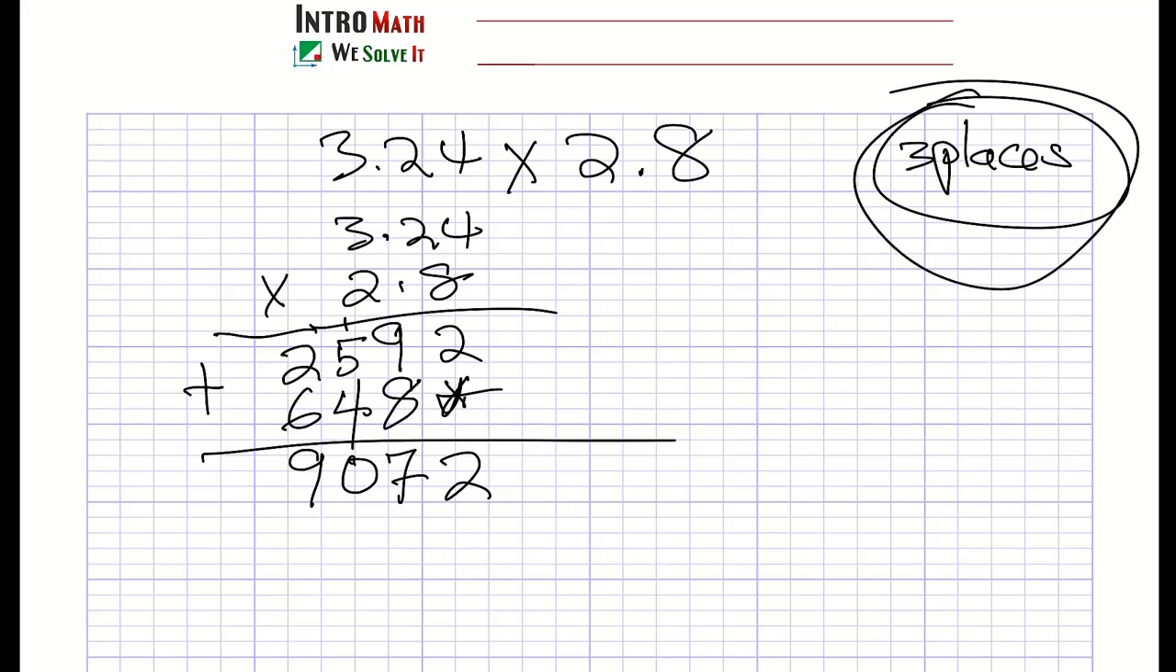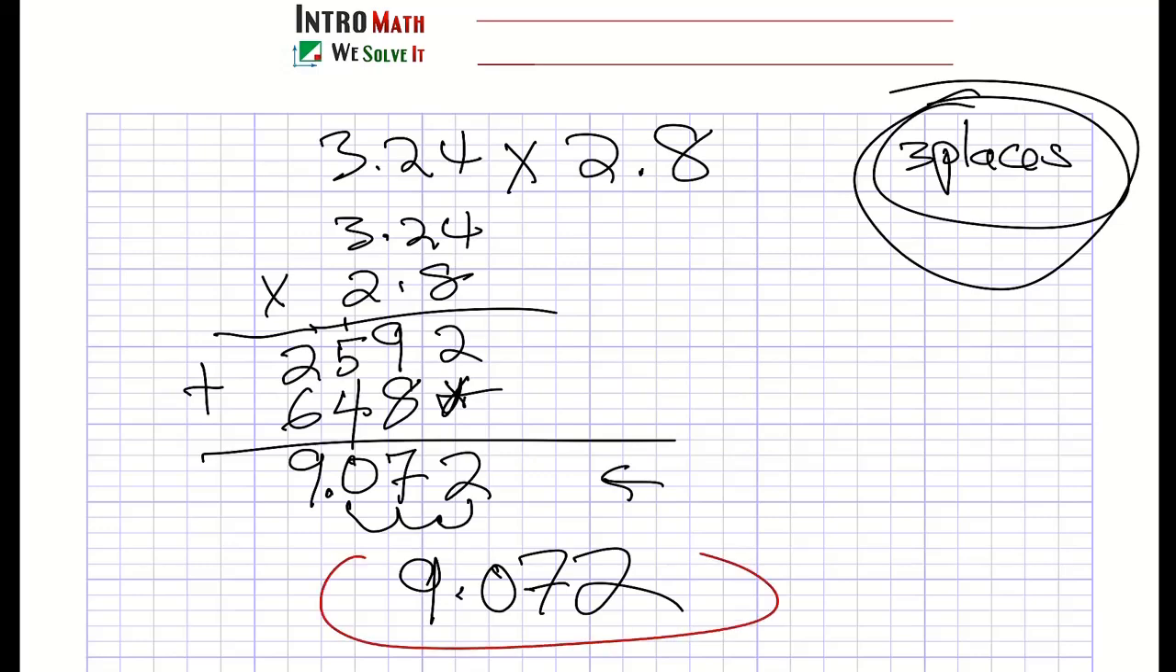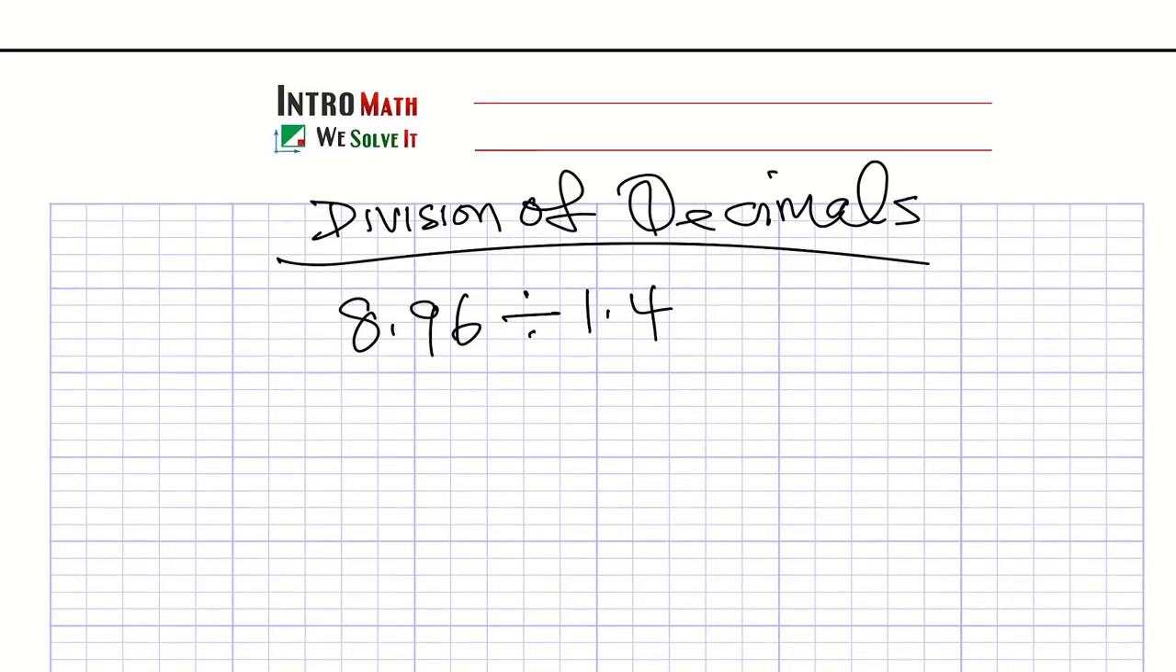Now you gotta deal with these 3 decimal places. 1, 2, 3. So you put it here. The answer is 9.072. That's the answer. Okay. All right. We're gonna round up with